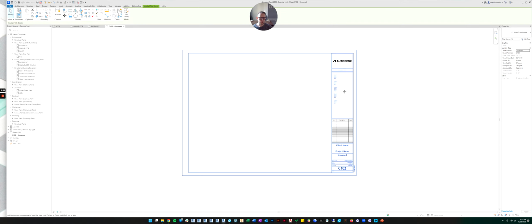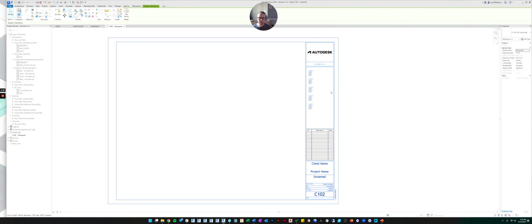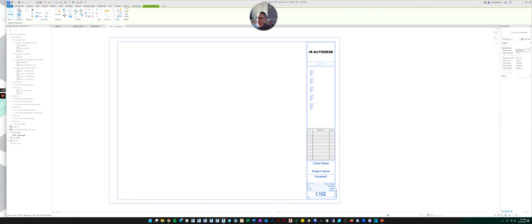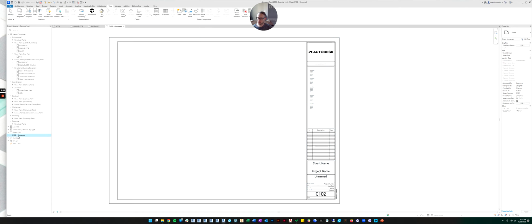This is the title block you picked when you were picking to create a new sheet. And then it's tried to name the sheet for you, but it's got it all wrong. It's C102. So we're going to right click on that and hit rename. And we're going to rename it. So if you're an architect doing architectural sheets, your sheets usually start with A. If you're an interior designer, they might start with interior design. So for this particular exercise, I don't care which you use. I'm going to use A because these are kind of architectural views that we're doing.